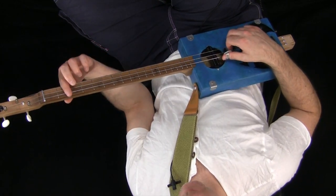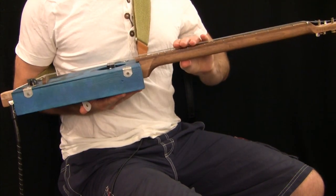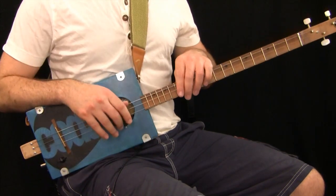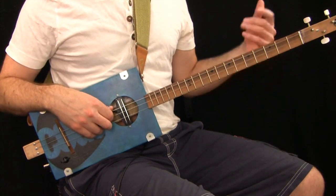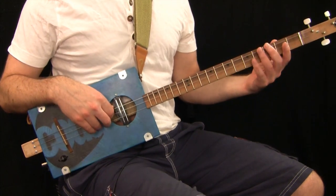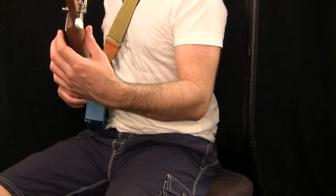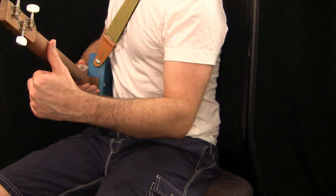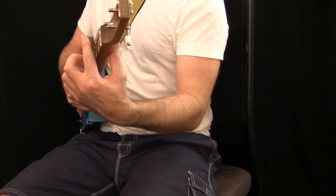with my first finger. Now depending on the height of the strings, or what you call the action, the height of the strings off the frets, you might find barring a little bit tricky to start with. It's something that frequently stumps guitarists, on any number of strings. So I'll just cover that in a little bit of detail here, just so you can figure out what you're doing. So basically my thumb is halfway down the back of the neck, okay, and it wants to be directly